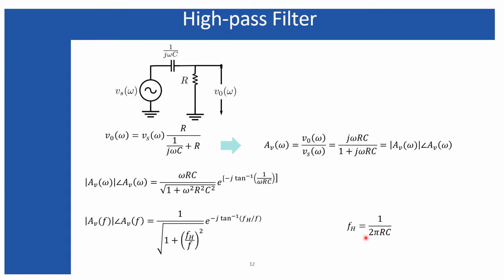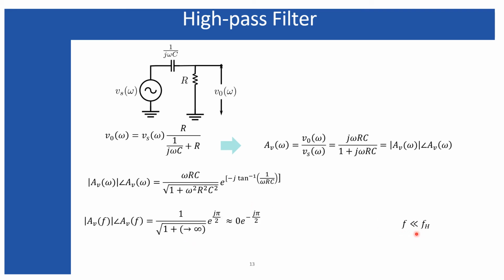Therefore, I am going to get the output voltage for the input voltage having frequencies greater than fh. So I am going to examine this expression for f very much less than fh, f equals fh, and f very much greater than fh. Here fh appears in the numerator in this expression and f appears in the denominator. So fh by f appears in this expression, whereas for the expression of the low pass filter it appeared as f divided by fl.